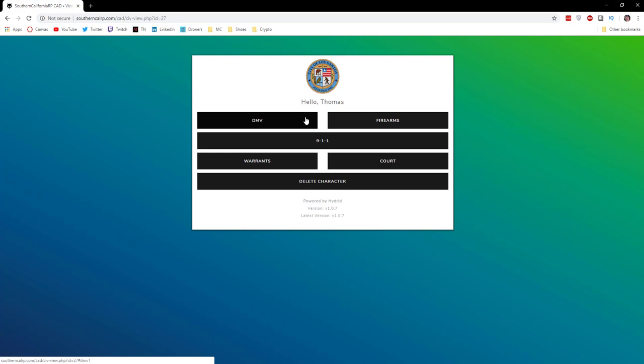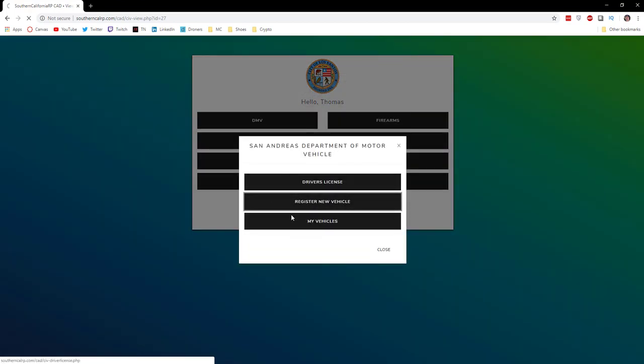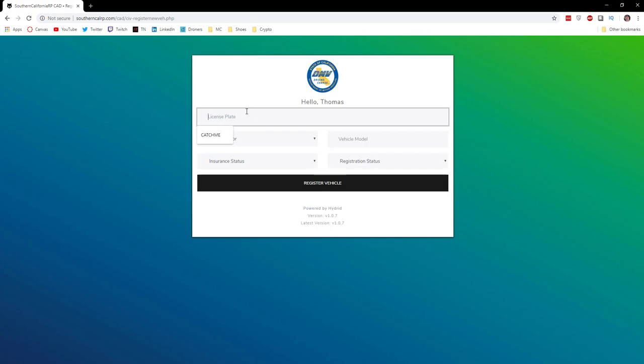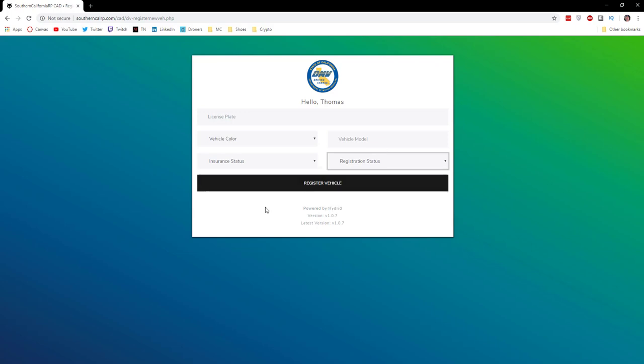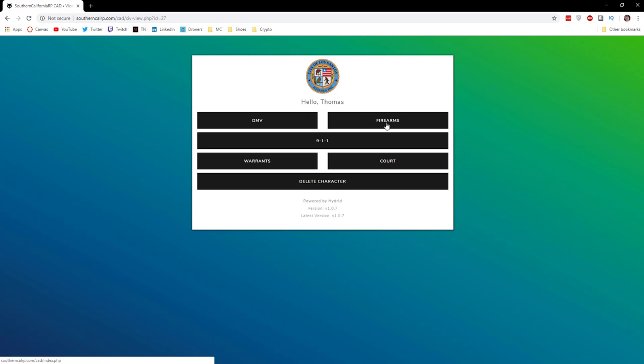Going back to the DMV one more time, once again, you can register your new vehicle here, and you'll be greeted with adding a license plate, vehicle color, the model of your car, the insurance and registration status, and then click register vehicle. And once again, click DMV to go back. Now that we're done with both of those tabs, we'll go ahead and go to the middle tab right here,